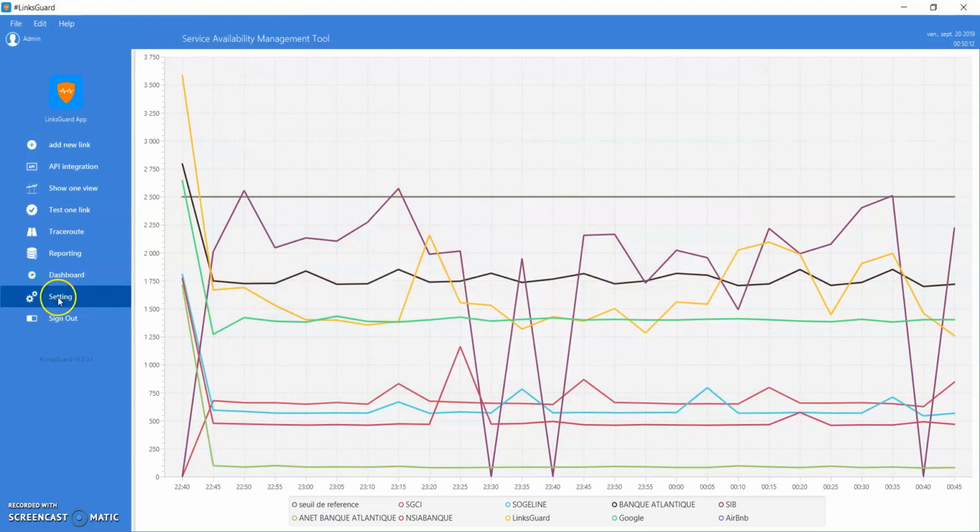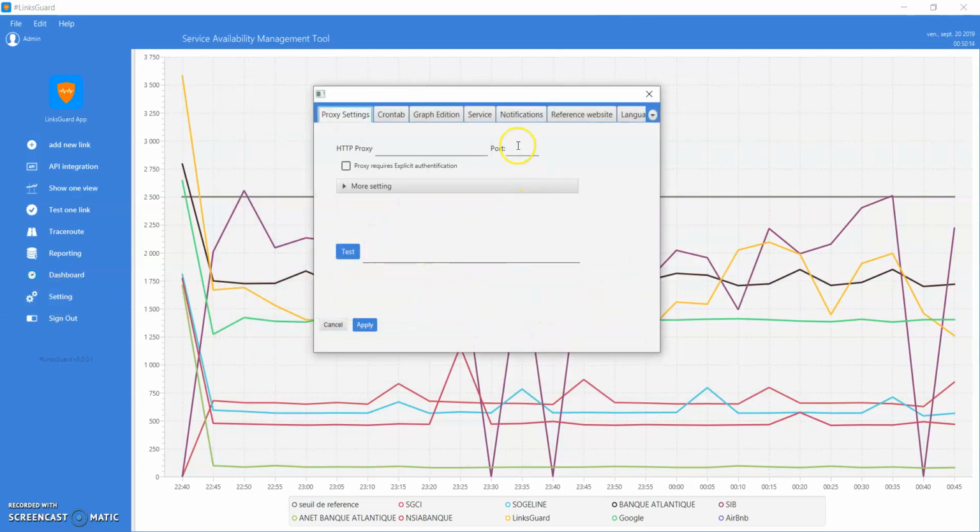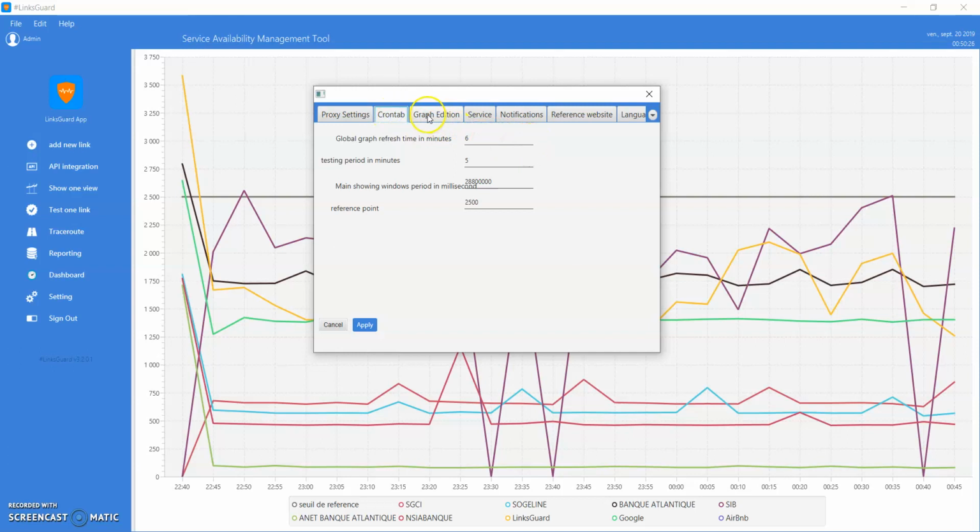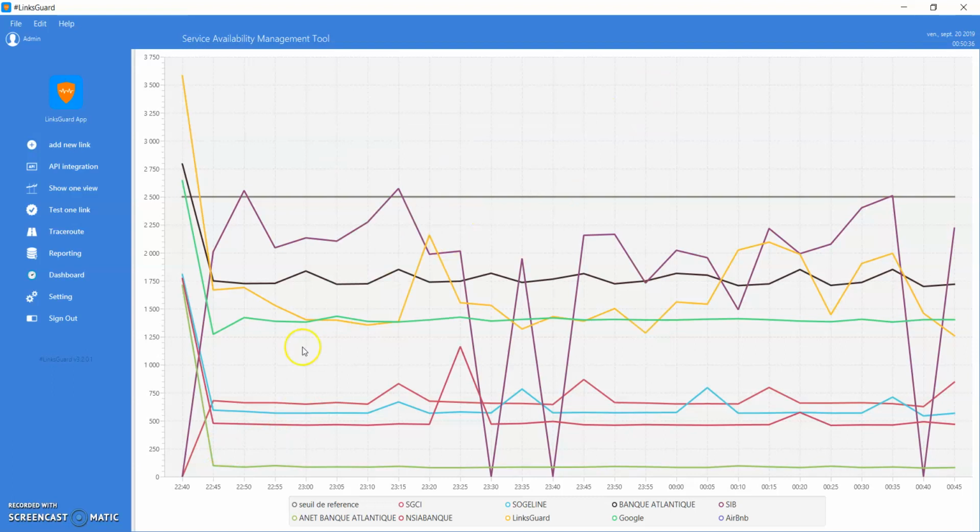The heart of this application is the settings panel, where you can parameterize the application, the cron table, where you set the period in which the testing is done, and the window showing of the main view.